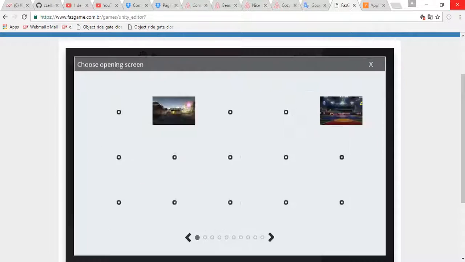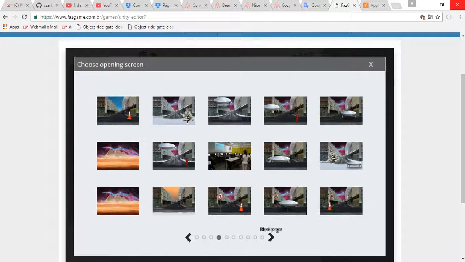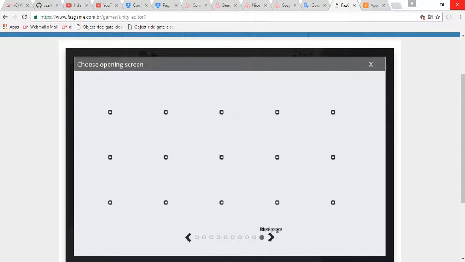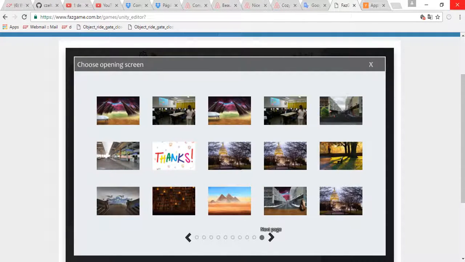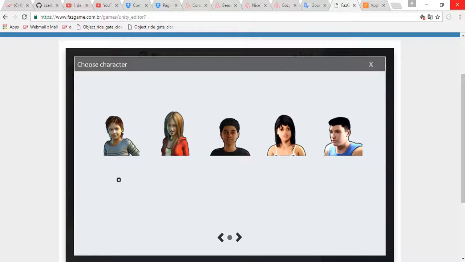You can choose an opening screen. You have a scenario editor, and you also can import images to your game. So let me put the other planet,